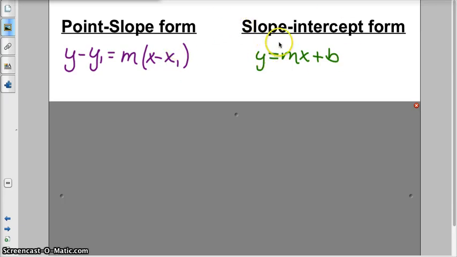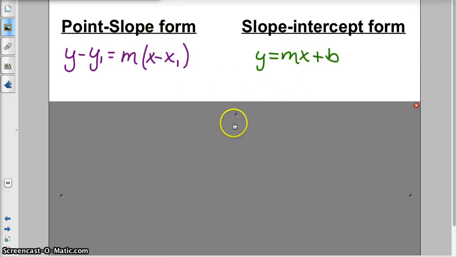Slope-intercept form is the one that you're used to. That's the one we've been graphing. y equals mx plus b. So today we're going to take point-slope form and turn it into slope-intercept form. Slope-intercept form is great for graphing. That's why if we're given point-slope form, we want to go ahead and change it into slope-intercept form so